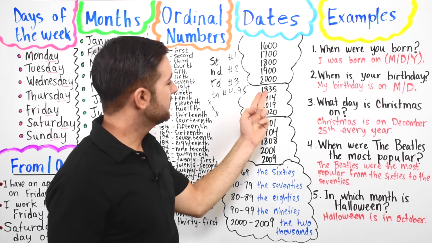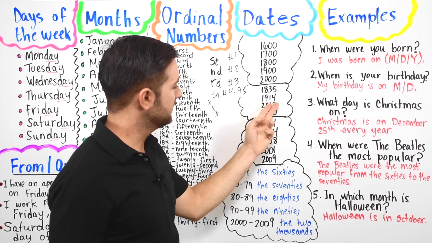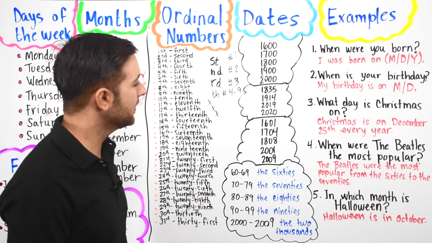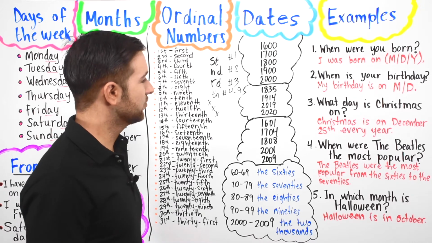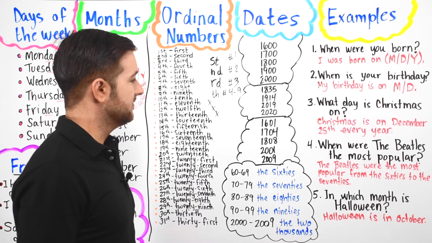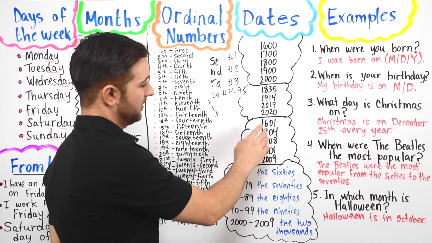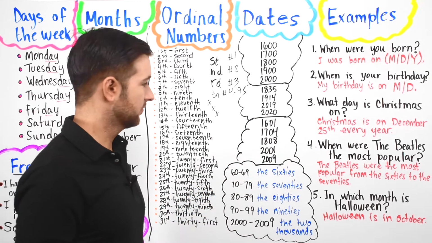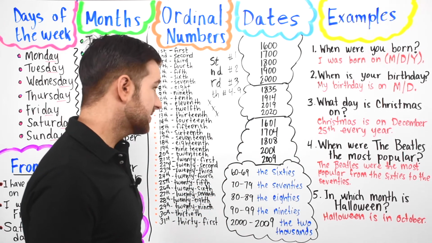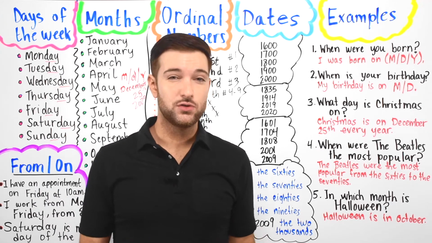Then you have it separated into two numbers: 1835, 1914, 2019, 2020. Again, 1835, 1914, 2019, and 2020. Okay. On a side note, just so you know, for the years in the 2000s,